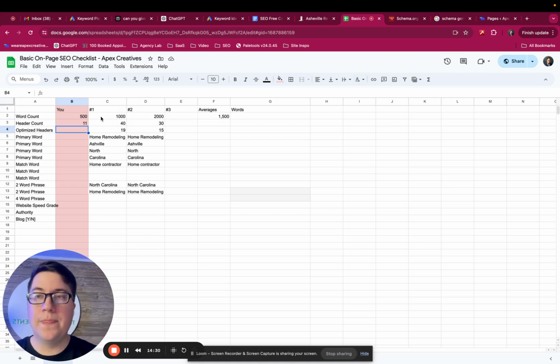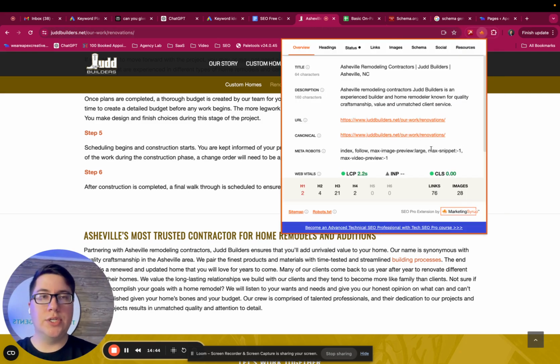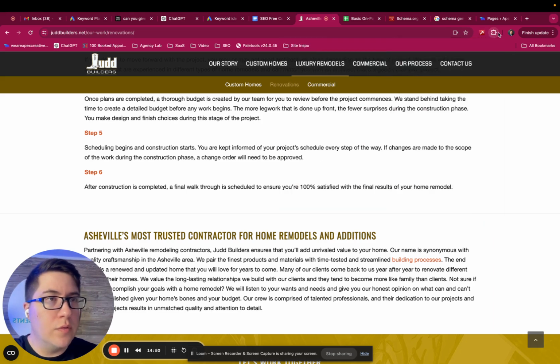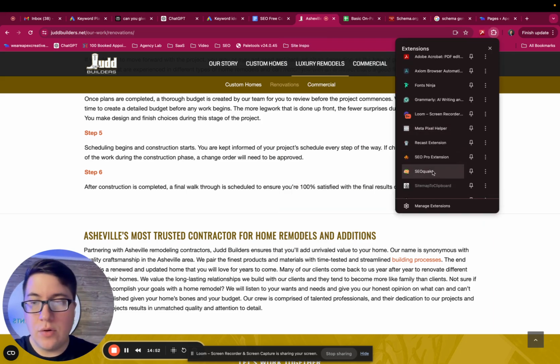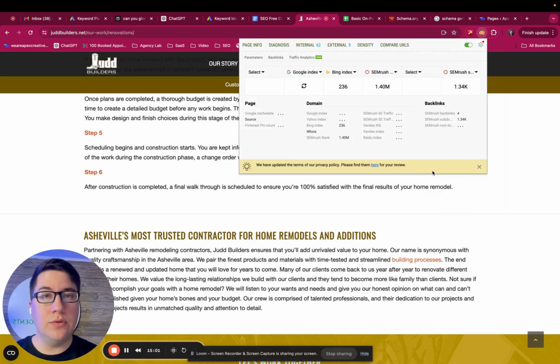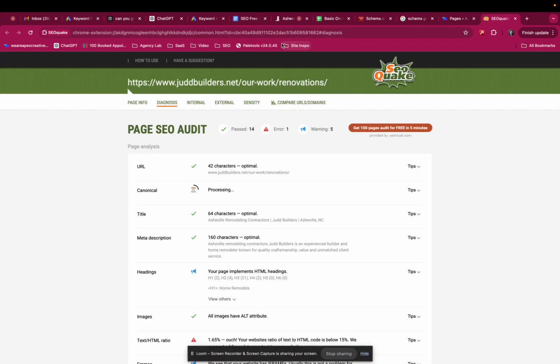So that tool that I showed you is going to show you the amount of words that are on the site, how many headers, how many words are going to be used, and things like that. So if we want to count the words that we're using, we're going to use SEO Quake. Sorry, wrong tool. So you have two tools. Again, this is going to be included in your lesson pack. You have your SEO Pro Extension, and SEO Quake. SEO Quake is going to be used for your word analysis and seeing which headers are optimized and things like that. So let's go ahead and do diagnosis.